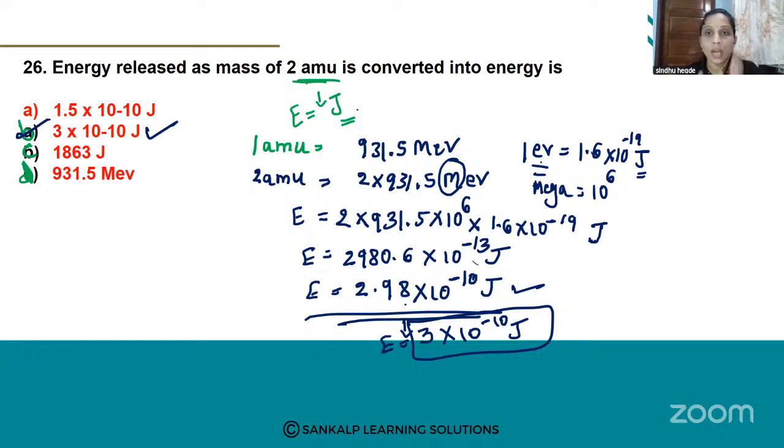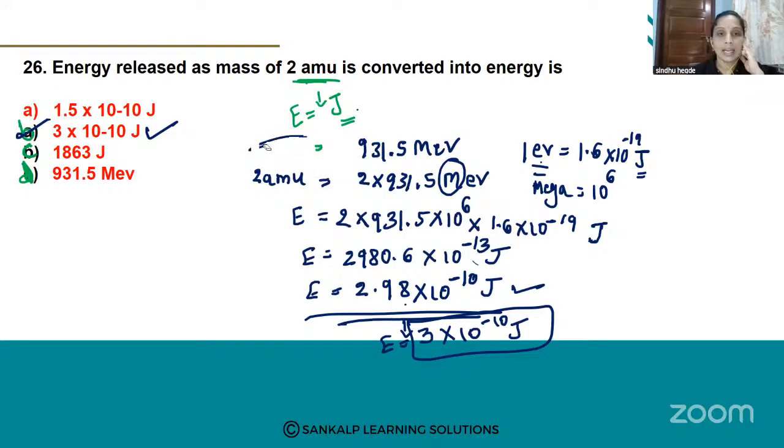First, what you have to do here, they give 2 AMU energy released. Okay, energy released as a mass of 2 AMU. You have to convert it into energy in joules. ಎನರ್ಜಿಯನ್ನ 2 AMU ಅಲ್ಲಿ ಕೊಟ್ಟಿದ್ದಾರೆ. ನೀವ್ ಏನ್ ಮಾಡ್ಬೇಕು? ಇದನ್ನ ಜೌಲಿಗೆ ಕನ್ವರ್ಟ್ ಮಾಡಬೇಕು. You should convert this energy in joules. How to convert to joule? First, you should know the value. What is 1 AMU? 1 AMU value ಗೊತ್ತಿರ್ಬೇಕು. That is 1 AMU is equal to